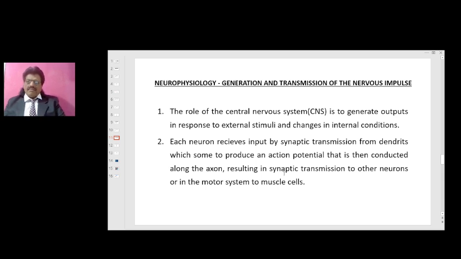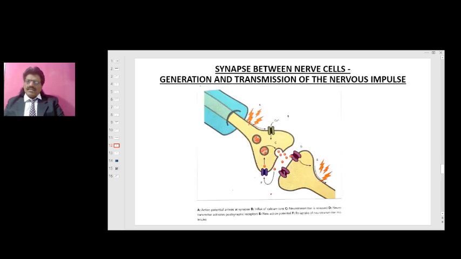If I show the diagram, it will be better understood. So this is the synapse between the nervous cells. This is the generation and the transmission of the nervous impulse. So A, this is the action potential. This arrives at the synapse. Once the action potential arrives at the synapse,